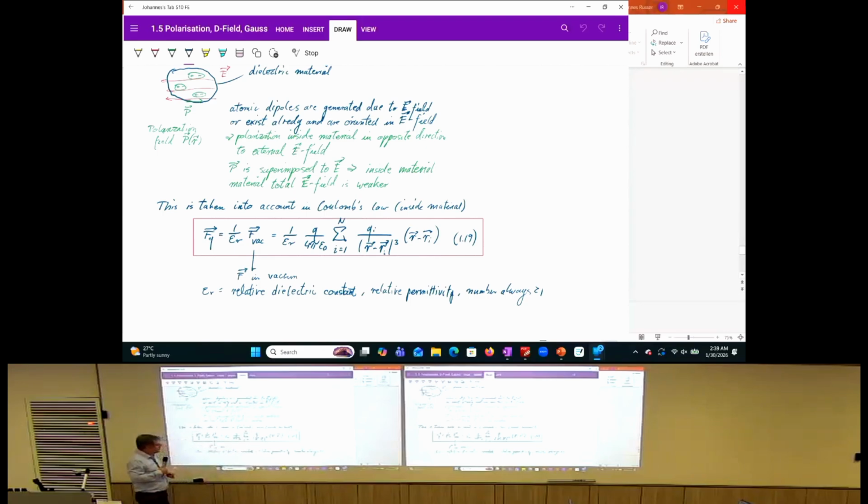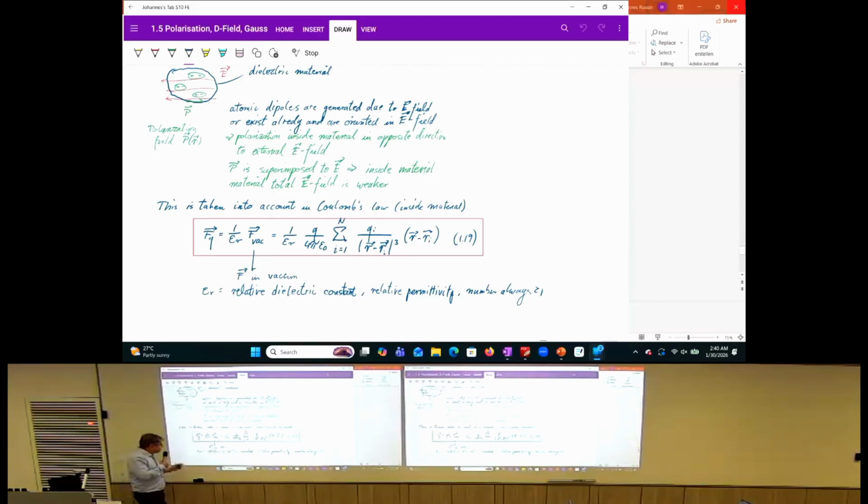It's proportional to 1 over the square of the distance. And then we said there's a constant that factors in. And this constant actually is material dependent. So if you have a different material,